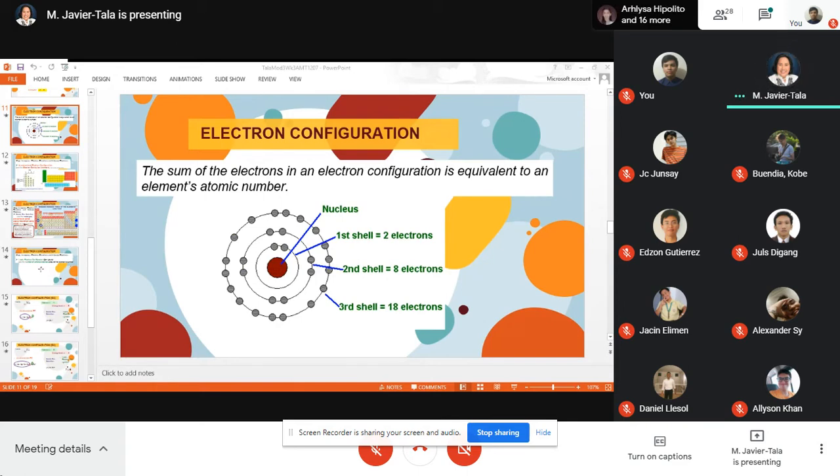So the atomic number, as we have mentioned, is equivalent to the number of electrons because in an electron configuration, the sum of the electrons are equivalent to,